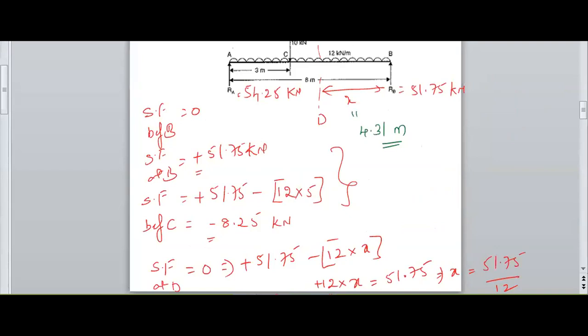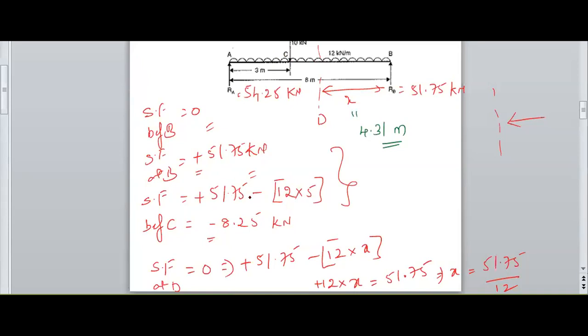So I need to move the section from the right hand side to the left hand side. Therefore, before B it is 0, at B it is 51.75, and the next point is C. Therefore, before C it is